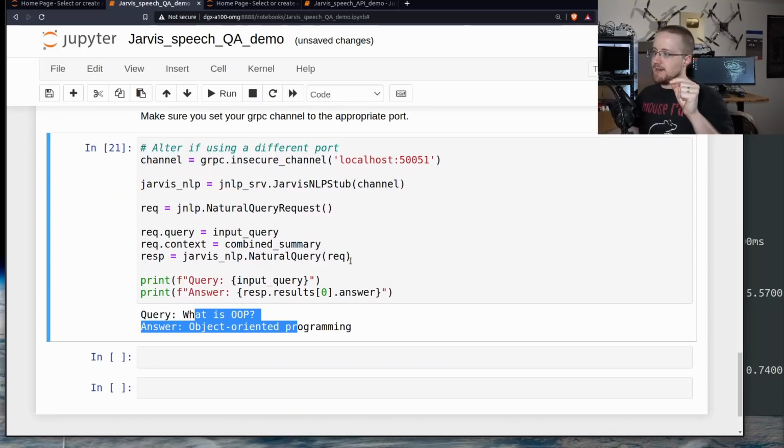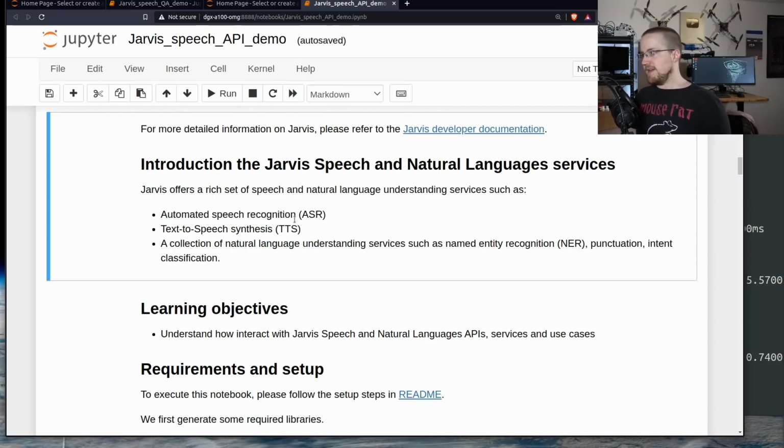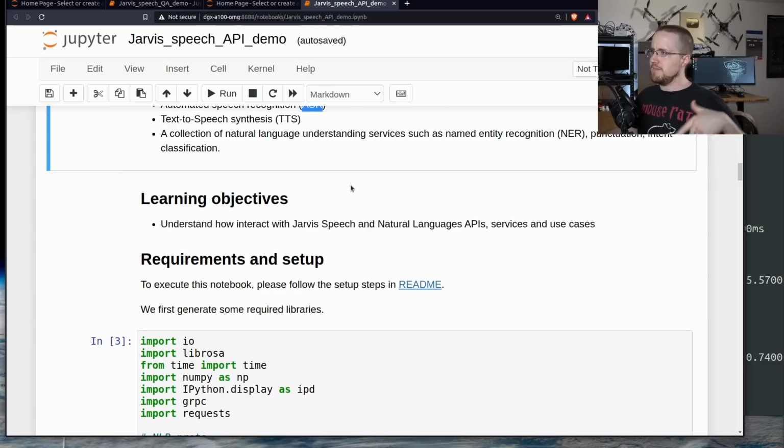Besides this, if you really wanted to converse, you need to have speech to text, and then later text to speech, right? To make it fully end to end. So here we can see they're talking about, I think, ASR, that's automatic speech recognition, essentially speech to text. It's not just speech to text, which is why I think they're using ASR here. There's a whole lot more going on there, and there's a live microphone demo that I'm going to try to do by the end of this video, and that'll probably be where I leave off, and then maybe in the next video